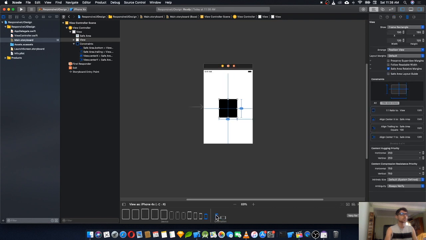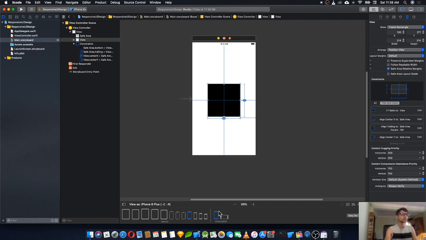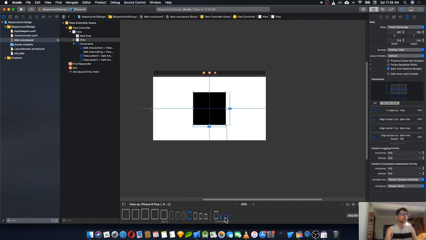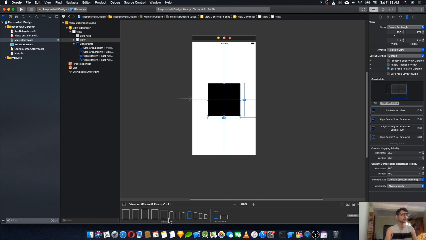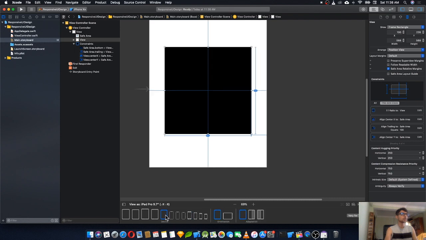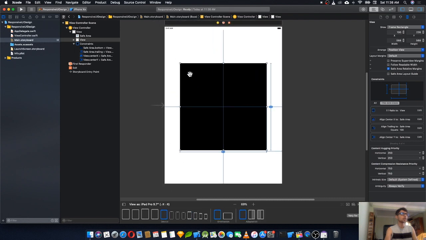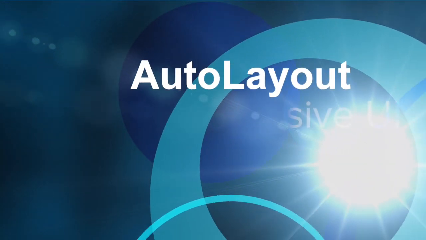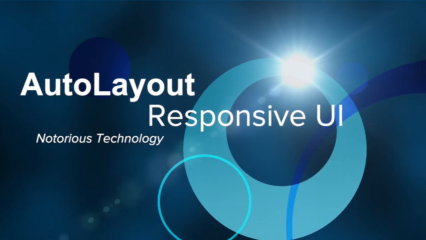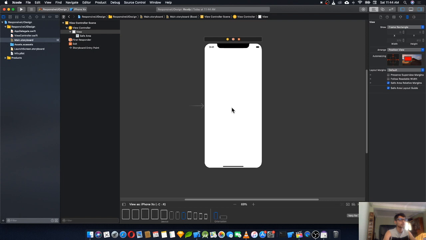So the object is just at the center where we want it to be, or it can be anywhere else where we want it to be, and the object remains there with the responsive design. And responsive in the sense that with the change in the screen size, the size of the object also changes. So we'll get started by creating or adding a view,